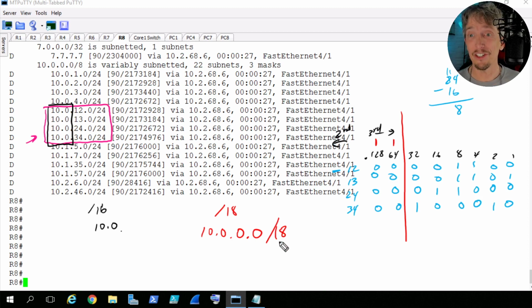And what that should catch is it should catch these 4 networks, 18, and it's also going to capture these 4 too. And that's just a fact of the matter is that 1, 2, 3, and 4 are all going to have these same high order bits. So this summary of 10.0.0.0/18